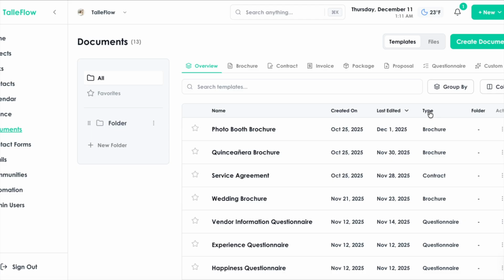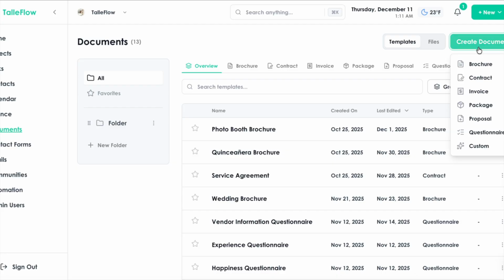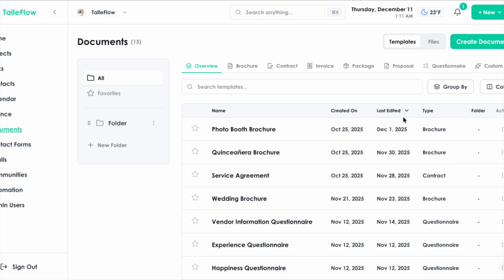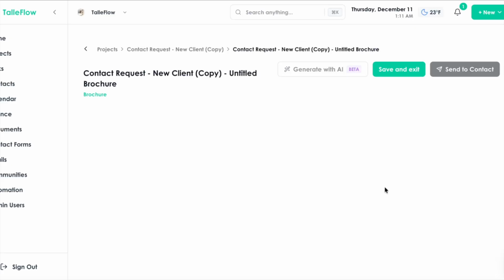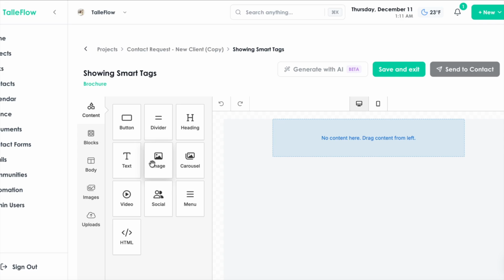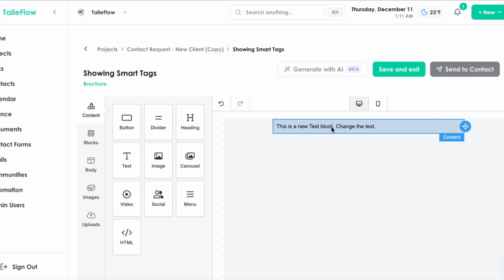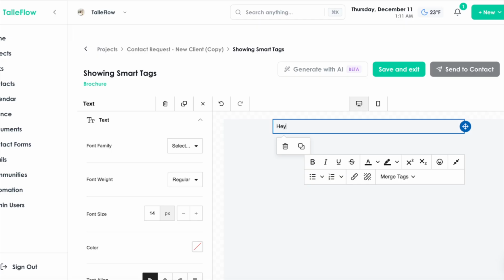For example, if I create a document and I need to use my client's first name throughout the document, I can use something called a smart field. So, for example, I'm going to create a brochure, okay? So I'm going to create a document file, start from blank. So if by chance this brochure starts with some sort of text and I want to say, hey there,